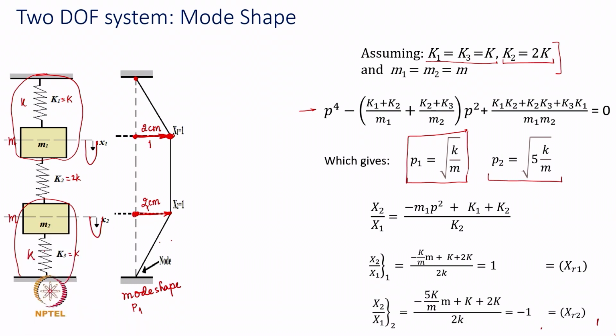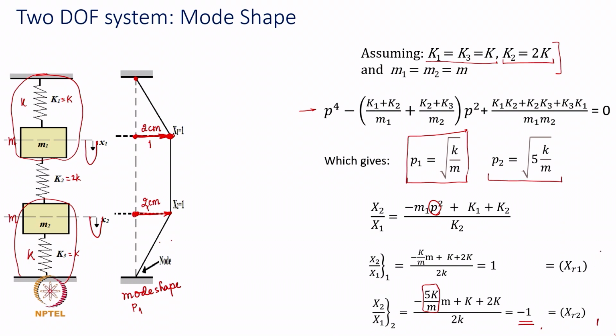We know that P2 is square root of 5k by m. So, this expression now, P squared gets replaced by 5k over m, and you can show that this entire numeric value turns out to be equal to -1. This expression, the ratio, turns out to be -1, and